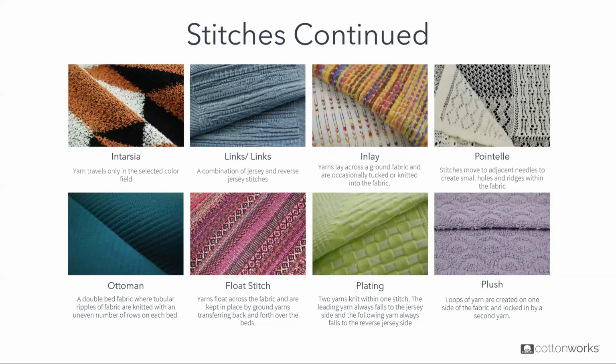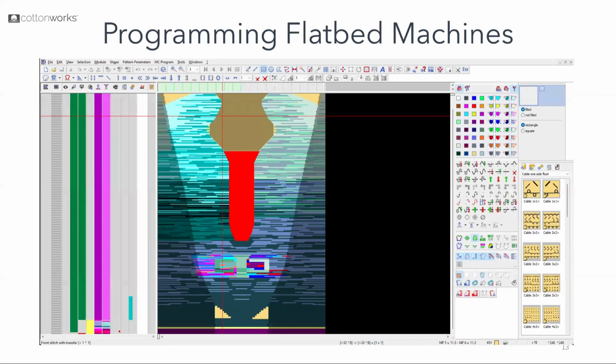The final fabric on this slide is a plush stitch, and this is a jacquard plush. And this is where we create a loop on one face of the fabric and then knit that heavier yarn into the ground. So these are just some of the decisions that you need to make before moving on to program your flatbed